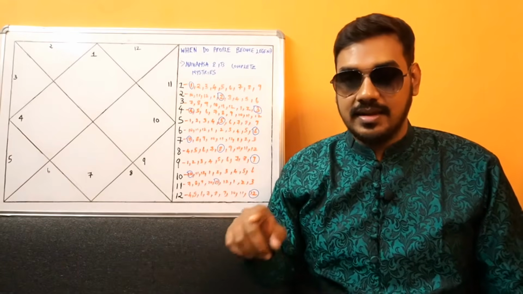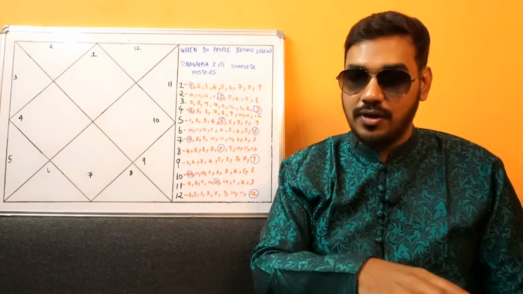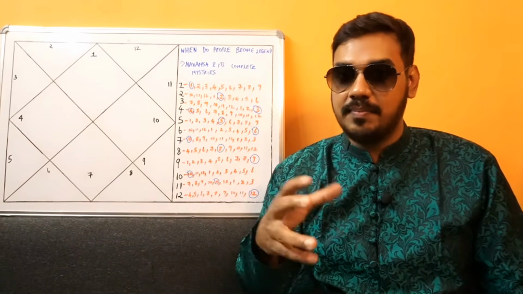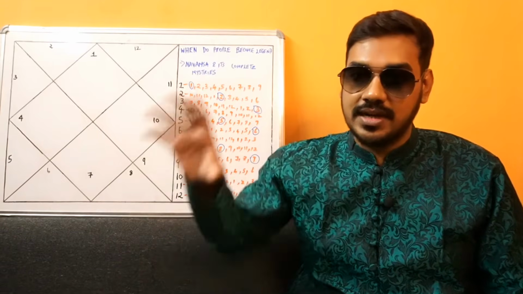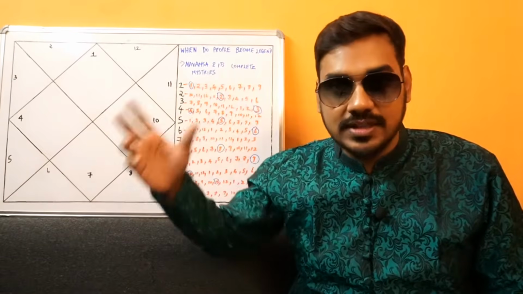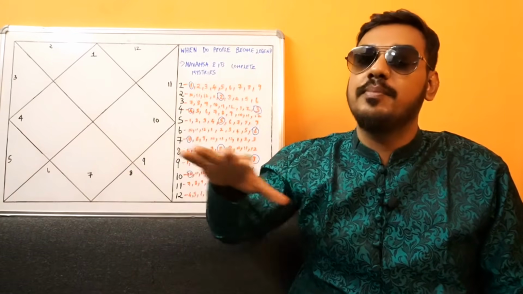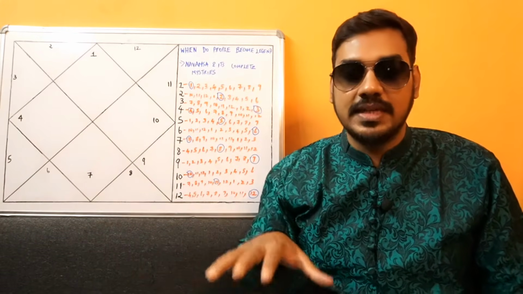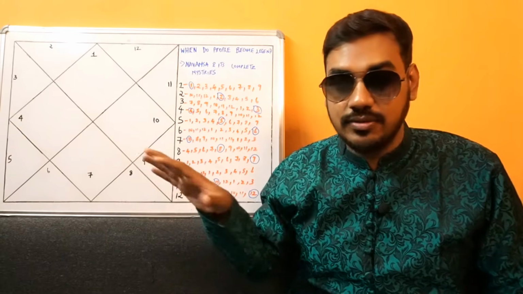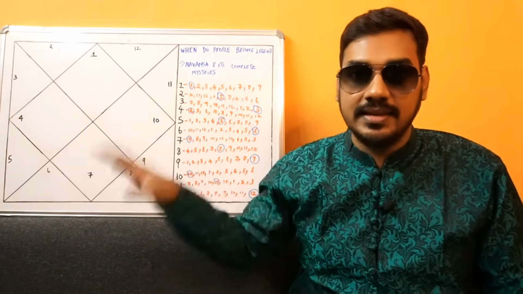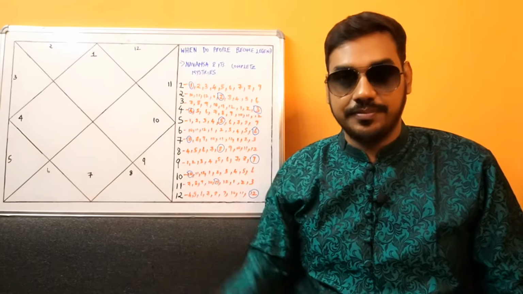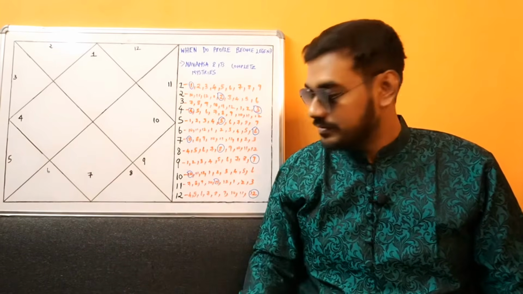That means this person will have knowledge, but slowly the purpose, the direction of the knowledge will start going in the wrong direction. He will start making false perceptions, and he will try to mess with the belief system of people, because his Jupiter is not maintaining the Ucha dignity or the good dignity in the Navamsa chart. Okay, you're getting what I'm saying?